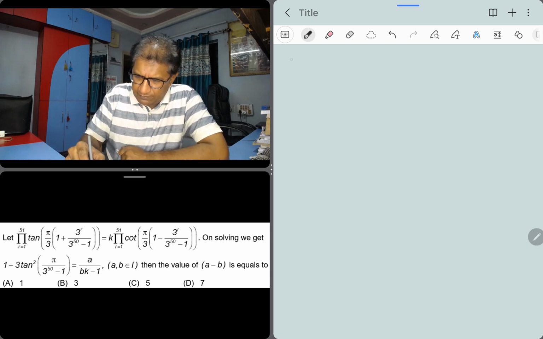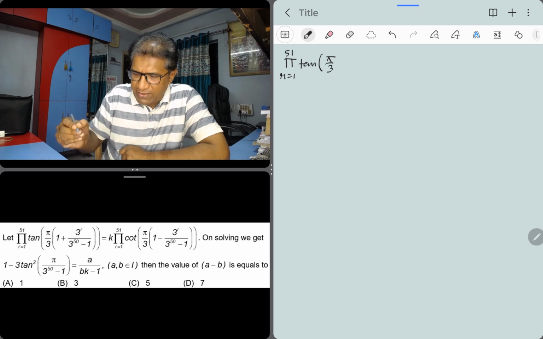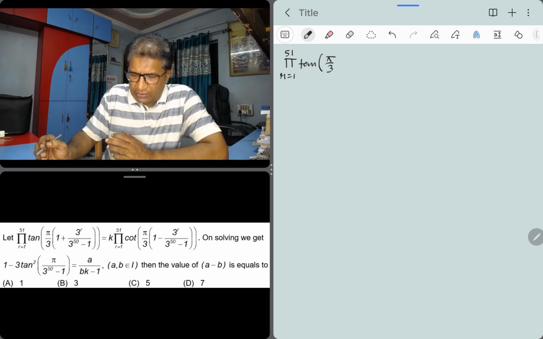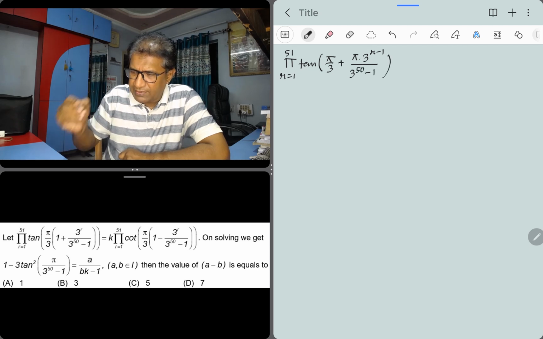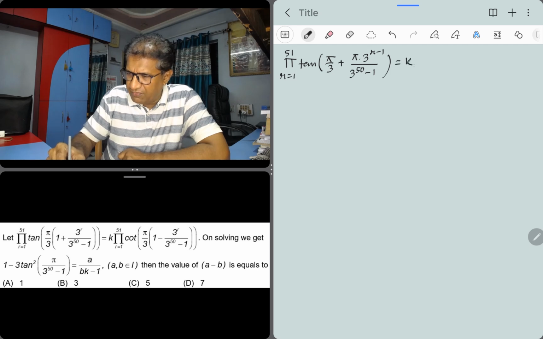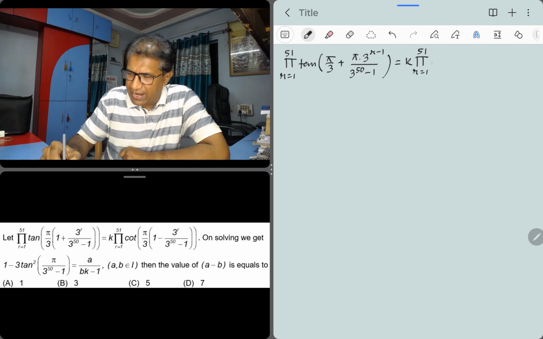We have been given pi r equals 1 to 51, then pi over 3. Let me just multiply this pi over 3 inside the bracket. So we are getting pi into 3 to the power r minus 1 divided by 3 to the power 50 minus 1. Correct? And in the right hand side we get the same thing; I am simply multiplying pi over 3 inside the bracket. We are getting